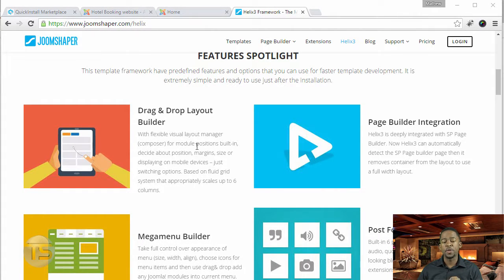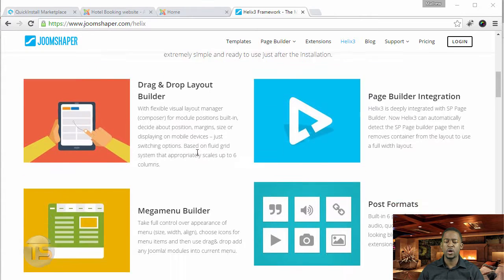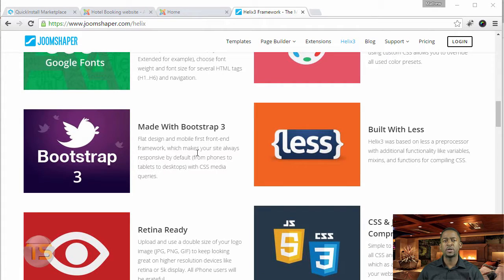And when you're creating a website, you want to make sure that you have something that gives you room to grow. You want to make sure that you're utilizing a framework that's very easy for you to understand, how to use and how to customize. Now, I've been creating websites with Joomla for a long, long time. And there are some frameworks that I use, but then I'm like, I don't know how to do this. And sometimes it takes time for me to get into how I want it to be. But with the Helix framework, it's very simple, it's very clean, it's very professional,